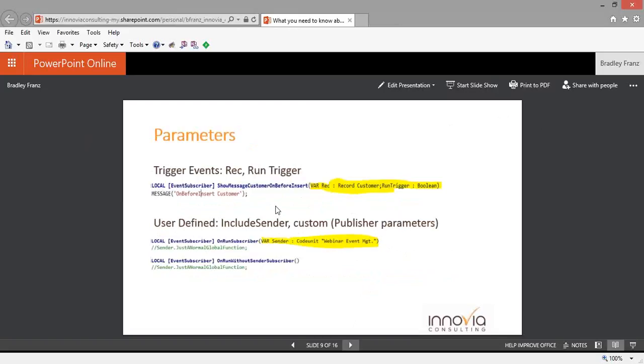It's a Boolean variable. If we think about the traditional table triggers, on insert, on modify, on delete, when we call those traditional triggers in code, there's an optional parameter there. We can say I want to modify a customer record and I want to run the on modify trigger. Similarly, when we're modifying data in C/AL code, we can modify without running those traditional triggers. The events are interesting in that they fire regardless. So if you define a subscriber,